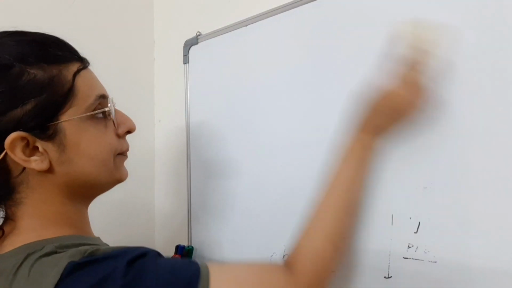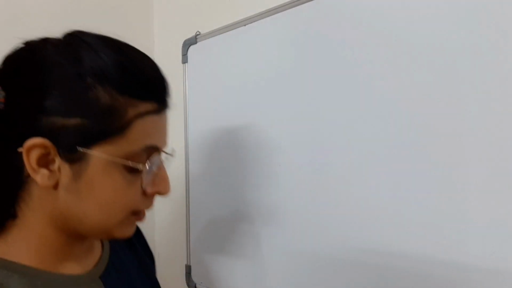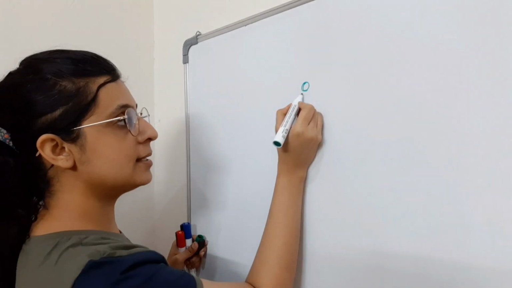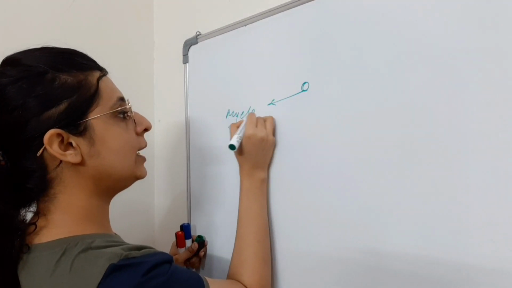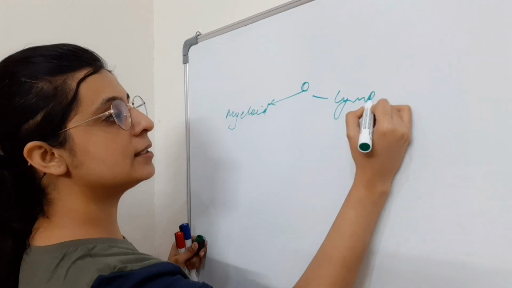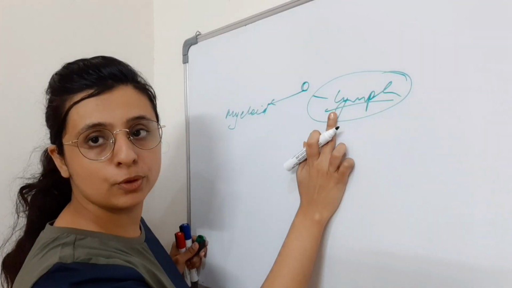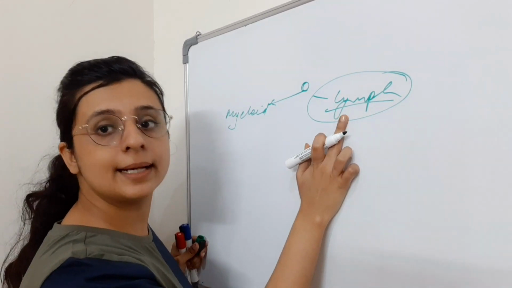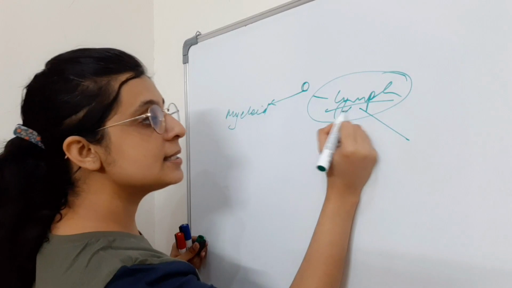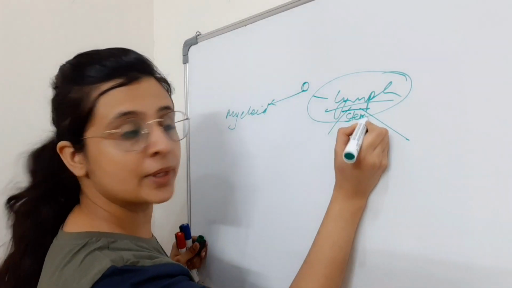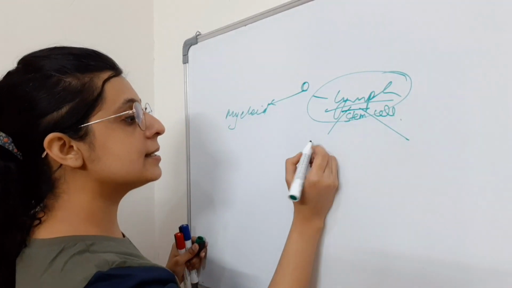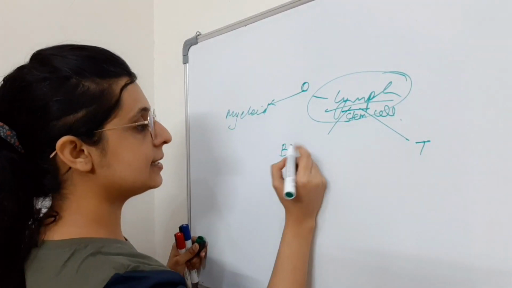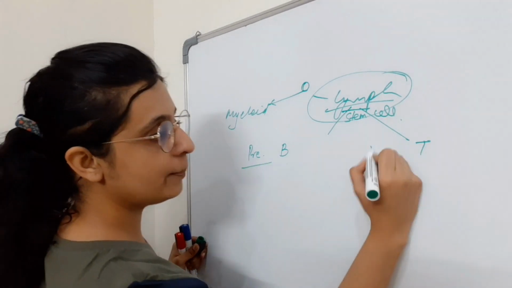Now, let's see the lymphocytes. This is the common hematopoietic progenitor cell, which can develop either into myeloid progenitors or lymphoid progenitors. Now, let's concentrate on lymphoid progenitors, which form a very important component of immunity, that is adaptive immunity. Now, this lymphoid stem cell can get activated and result in formation of either B cell or T cell precursors, or we can say pre-B or pre-T.